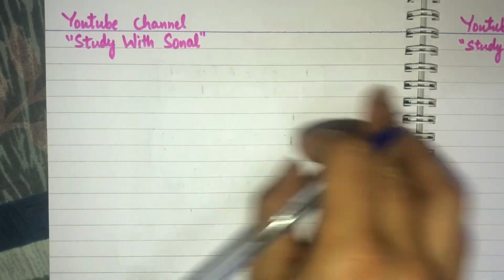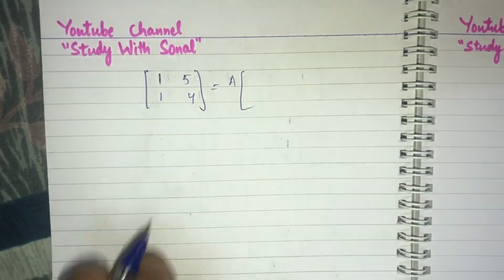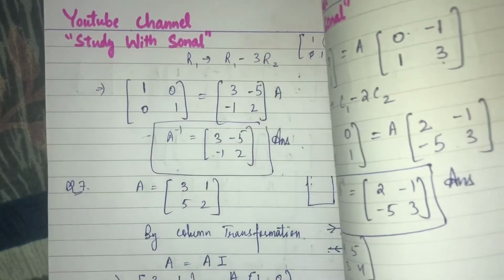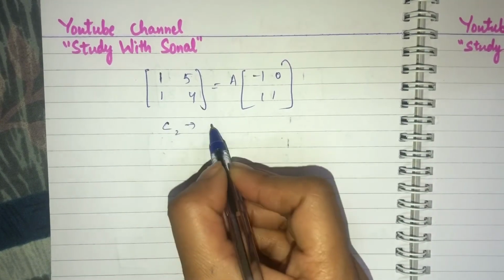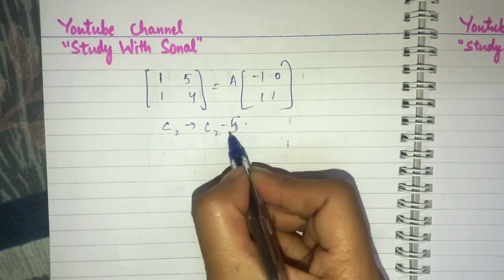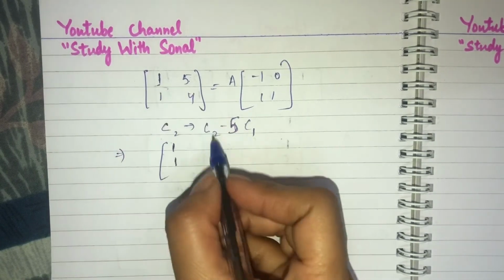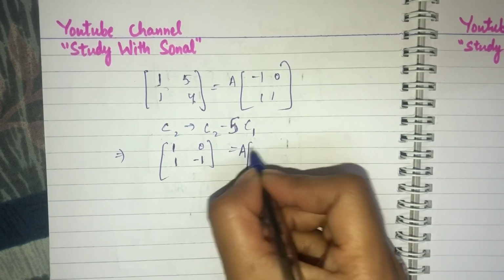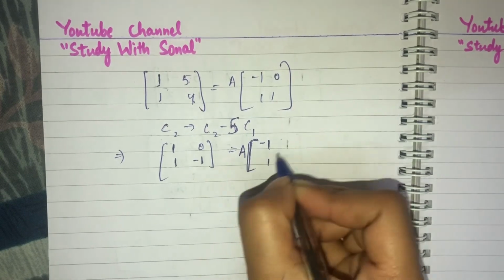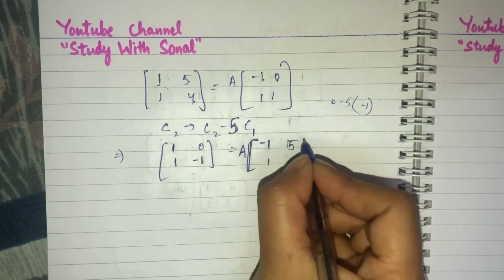Before going to the next step, I'm writing the step again here. 1 1 5 4 A, minus 1 0 1 1. ठीक है. क्या था स्टेप, अगेन आई एम राइटिंग, C2 को चेंज किया, C2 माइनस 5 टाइम्स C1, ठीक है, तो C1 एज इट इज़ है, 5 माइनस 5 0, 4 माइनस 5 इंटू 1, दिस विल गिव यू -1, ये एज इट इज़, C1 एज इट इज़, C2 इज़ व्हाट, 0 माइनस 5 इंटू -1 कितना आ जाएगा 5,